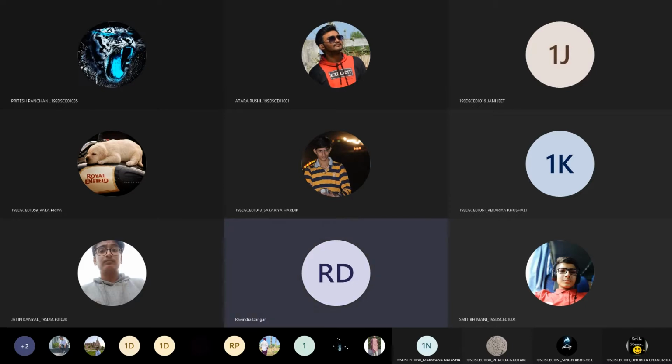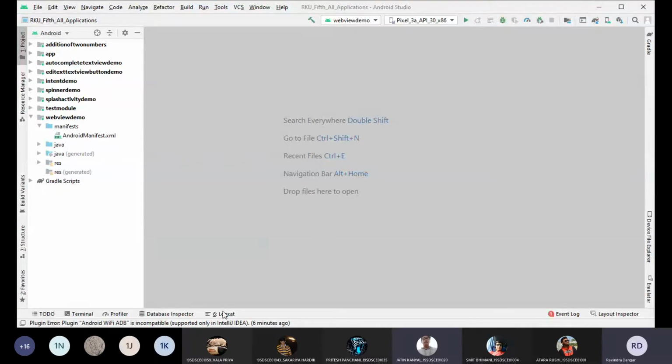So in today's session, while implementing list view, what we will do? We will first design the XML file inside which we will place one list view. Then we will connect that list view with the Java file. We will prepare one array, and then we will set all the items defined there into the list view. This is what we are going to do. Fine. So should I start the session? Yes, sir. Start the session.